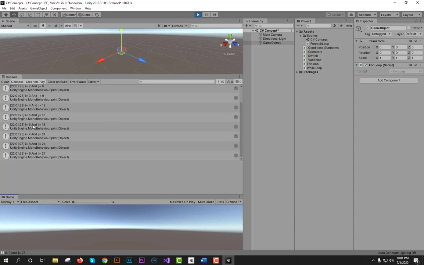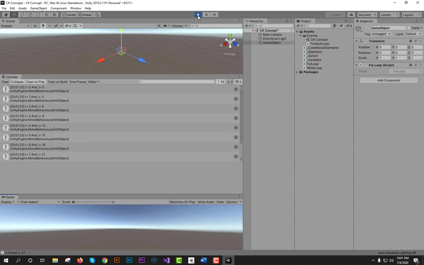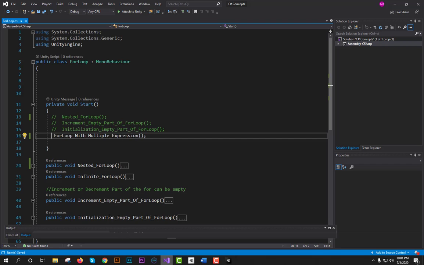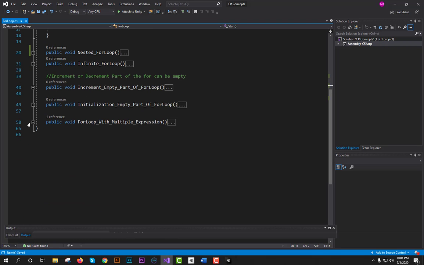You can see. So this is the way of the for loop with multiple expressions. You can also do your work with a for loop like this.